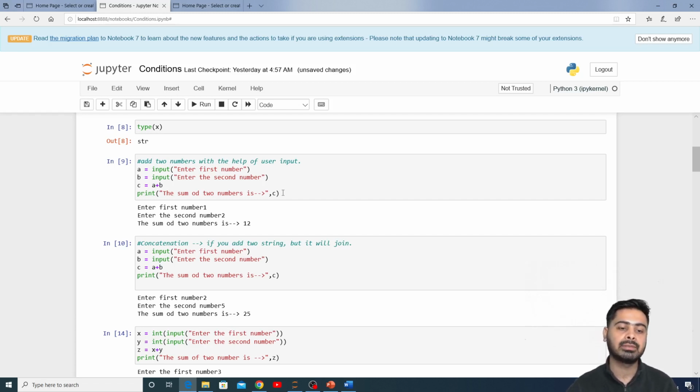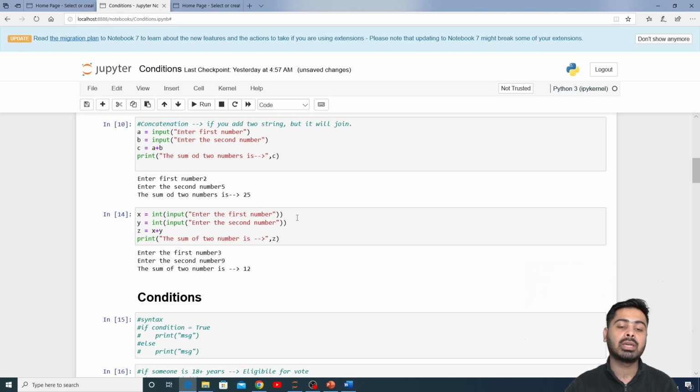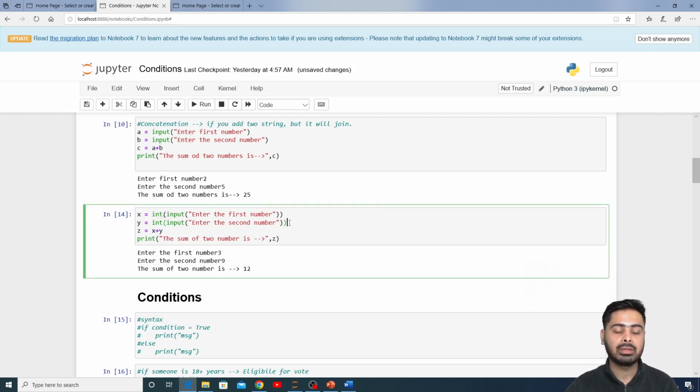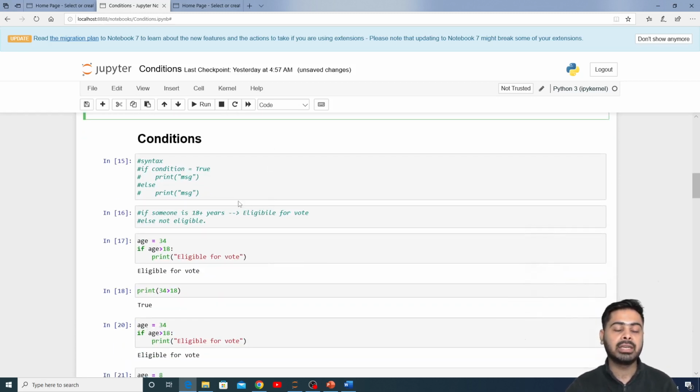Moving on, हमने क्या किया, इसको ओवरकम करने के लिए हमने पूरा का पूरा कोड चेंज किया और हमने स्ट्रिंग को इंटीजर में कन्वर्ट किया। किस तरीके से कन्वर्ट किया? इंटीजर फंक्शन यूज करके। सो यहाँ हमने देखा कि हमने दो नंबर्स को किस तरीके से ऐड किया विद द हेल्प ऑफ यूजर इनपुट, और यहाँ से हमने कोड को डायनामिक बनाना सीखा है। अब हमने बात की है कंडीशन की, कंडीशन काम कैसे करता है, कंडीशन का सिंटेक्स क्या है।